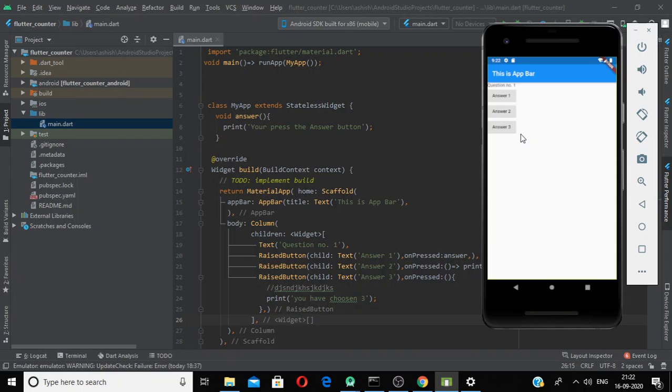But before going into that, first I want you to have a basic idea of how we are going to do this and what are the problems we will face. So let us start. First, in this case we will need a list of questions from where we will add questions onto the screen. Whenever a question is answered, we will go to the next question. So to do this, first we will need to have our list of questions.